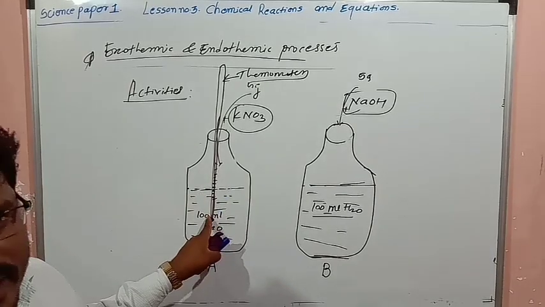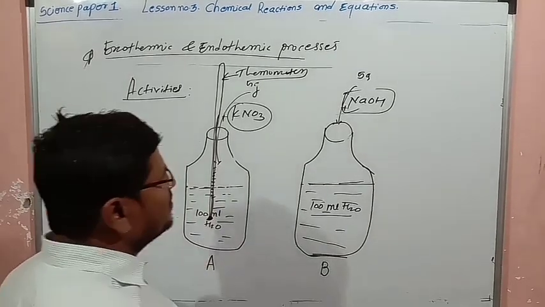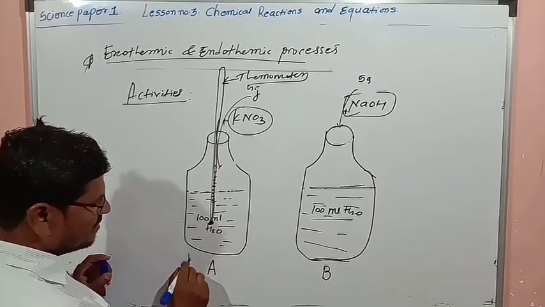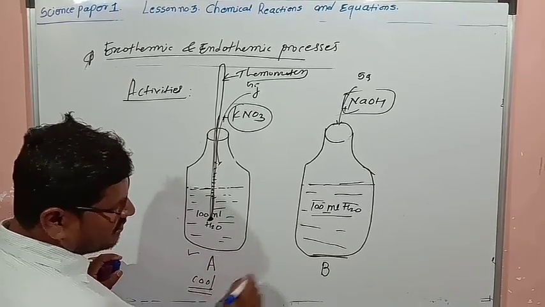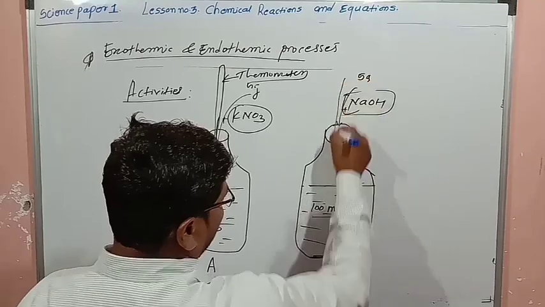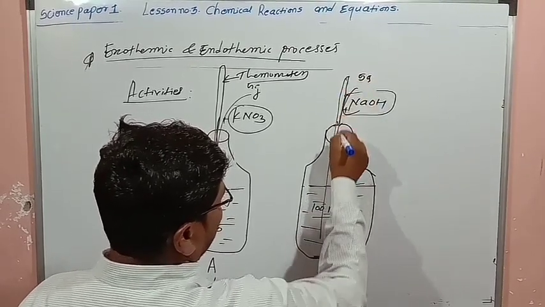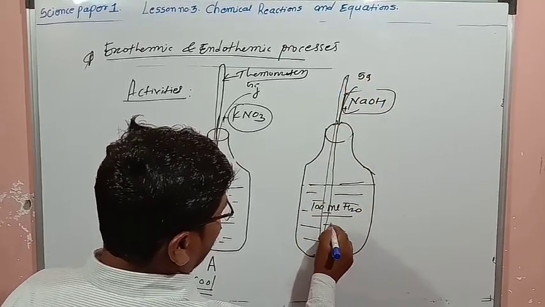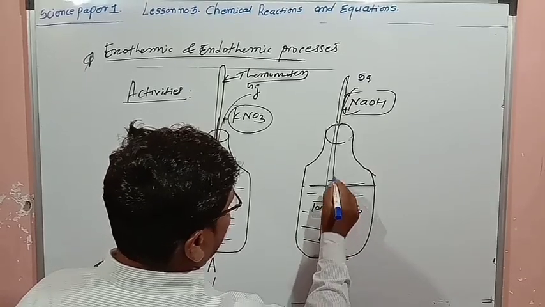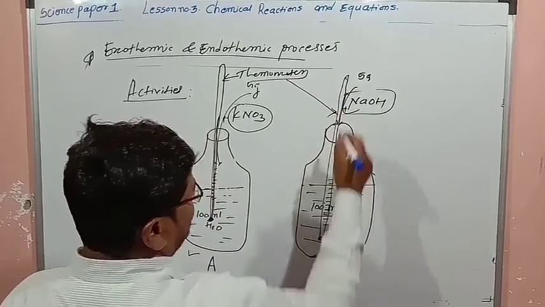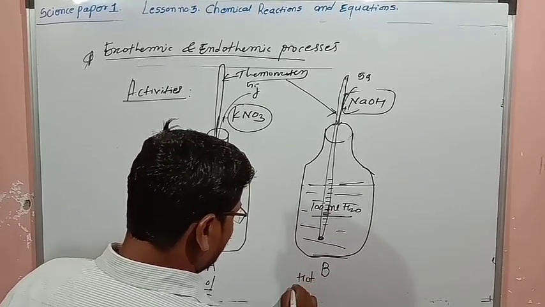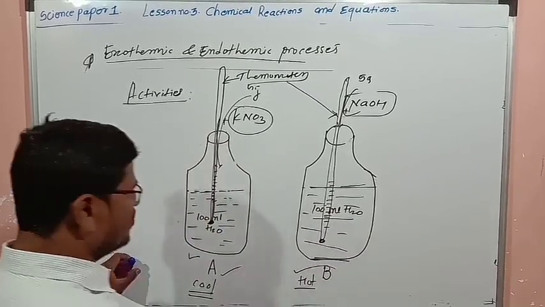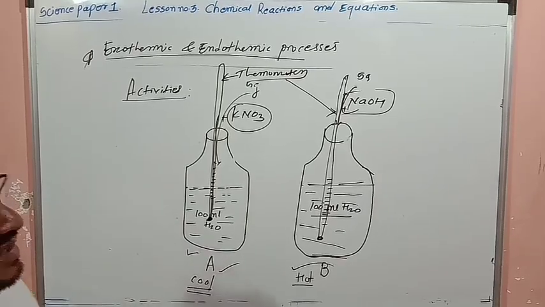If you take the readings, you will observe that in the first bottle this one will be cool, and in the second bottle, if you measure temperature with the help of a thermometer, then you will observe this one is hot. This bottle will be hot, this bottle will be cool. So from this it is clear,